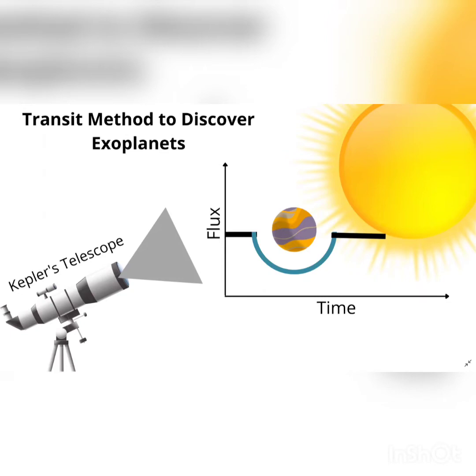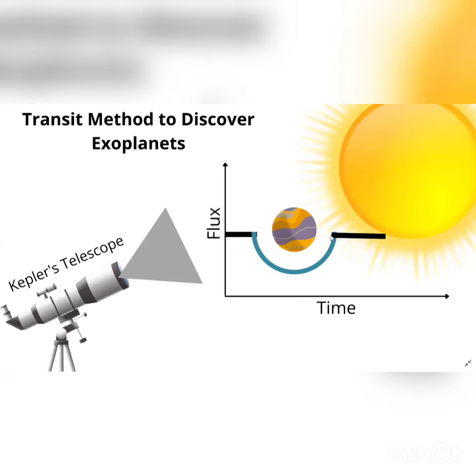In the transit method, when the planet comes between the Kepler telescope and the star, the star's brightness decreases, as we can observe here. This indicates that the star has a planet revolving around it. The main advantage of this method, other than the discovery of planets, is that the size of the discovered planets can also be determined through the deviation of the flux values.